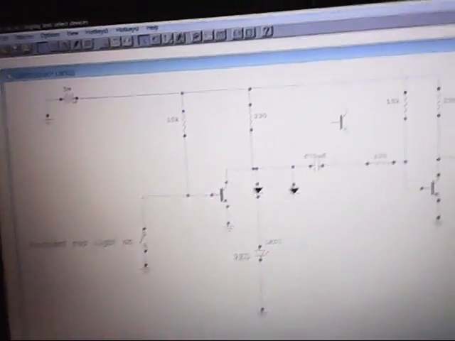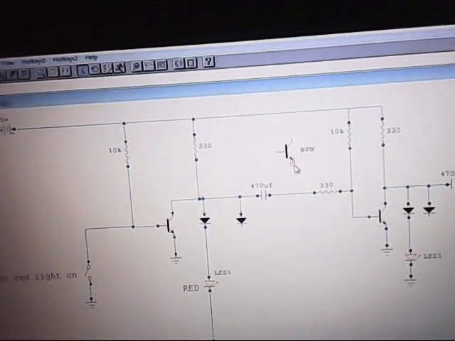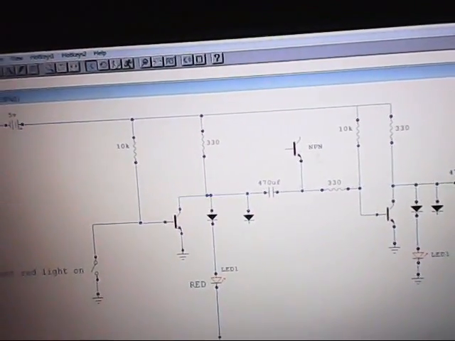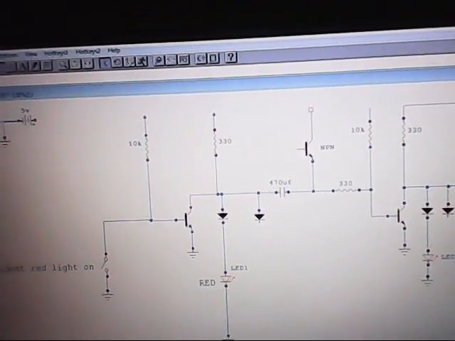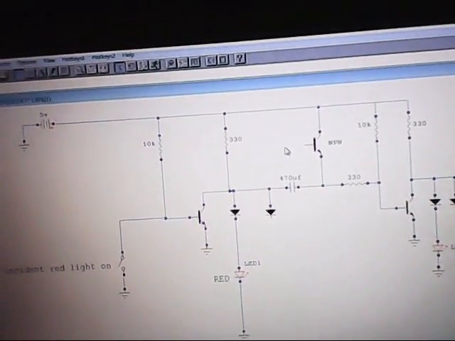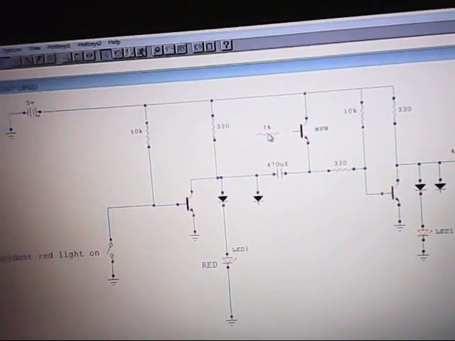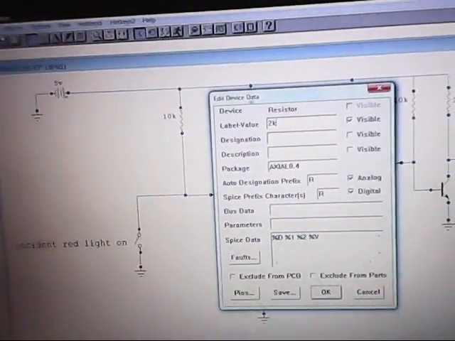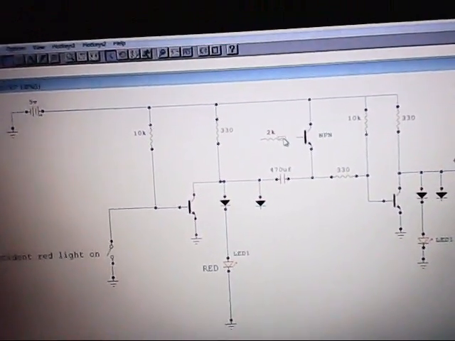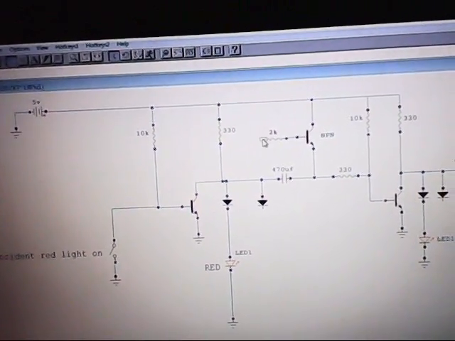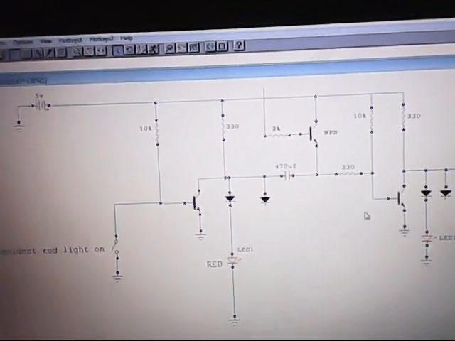And let's put an NPN transistor right here, connect it to here, and connect this to the positive side of the battery. And then let's put a resistor in here. I like to work with 2K and 10K ohm resistors, so I'll just put a 2K in there for right now. And if we put a 2K ohm resistor in there for an input to the AND gate,